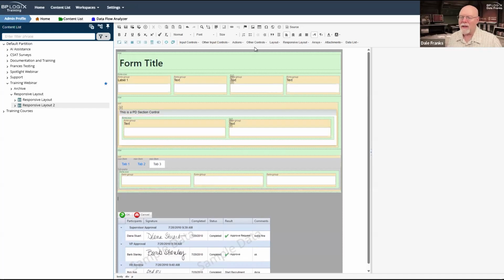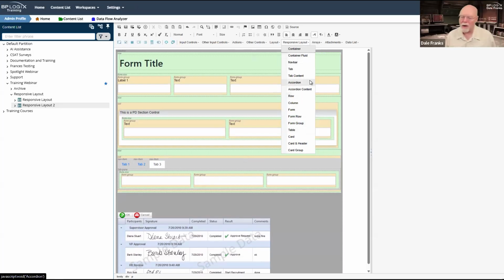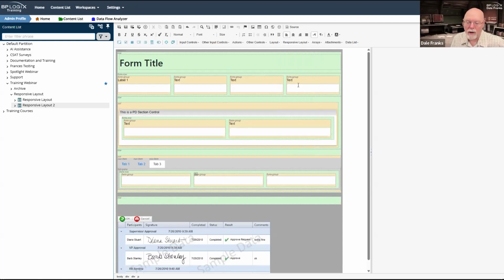Now let's talk about the sections, and the sections that we have built here is basically the accordion and accordion content control. And we can do this a couple of different ways. So for example, I can just go ahead and let's throw in a row here, and let's throw in a column.